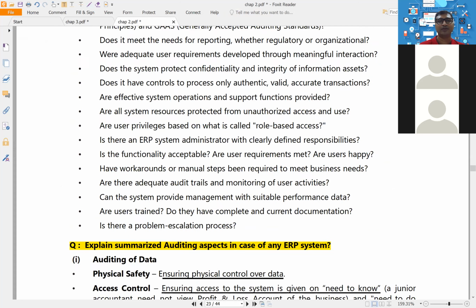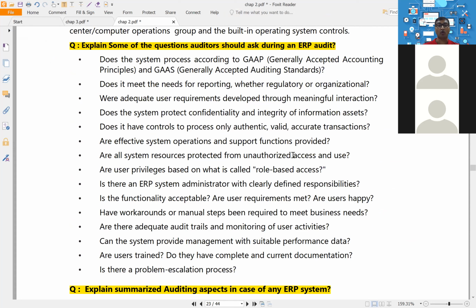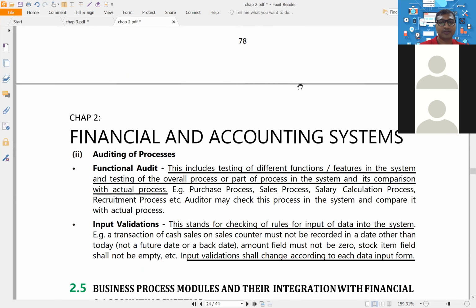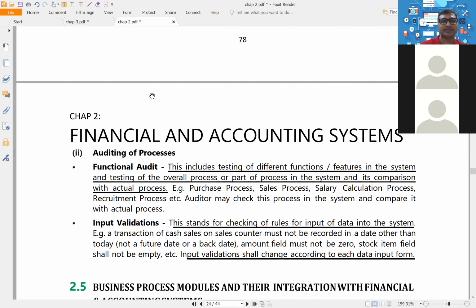Certain questions they have given. Try to remember maximum, I will not say all questions, but try to select at least 70 to 80%. These are again self explanatory, and then they have to summarize the audit aspect. Once you complete this, the next thing will start,